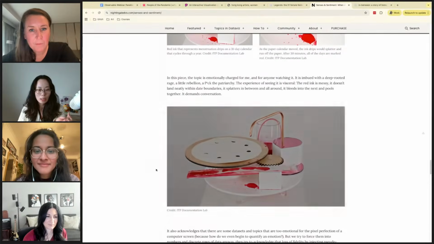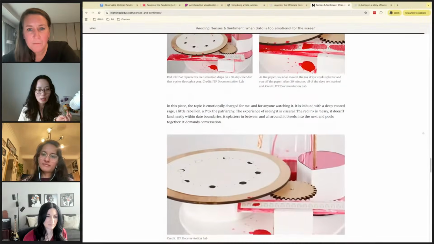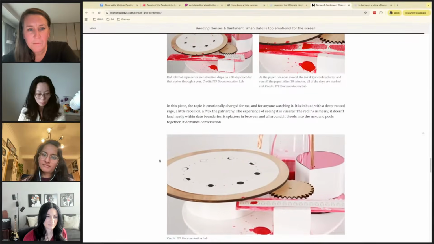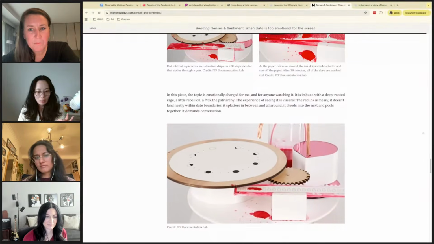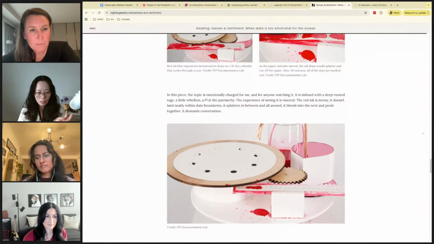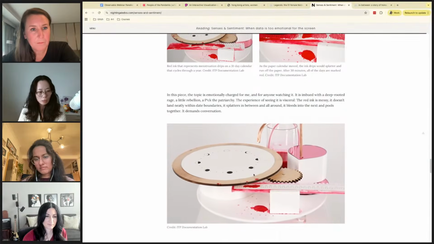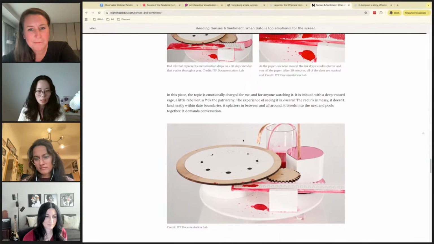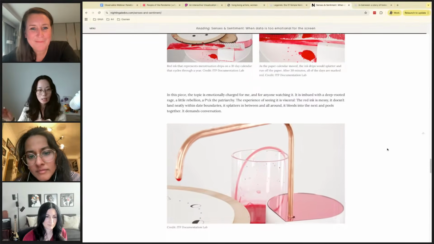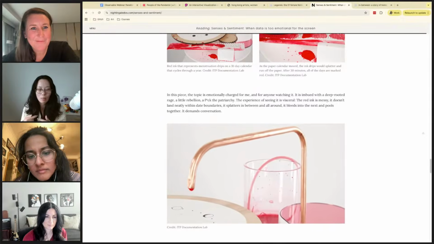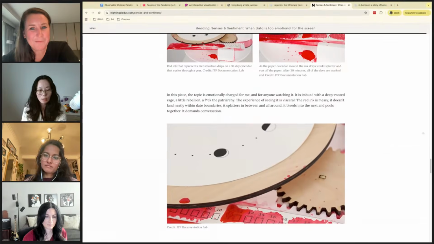And what it is doing is a 30-minute performance where this rectangular plate represents the 31 days of a calendar month. The circle is the moon phases. And as the piece performs, it is dripping red ink on the dates of the month that I had my period.